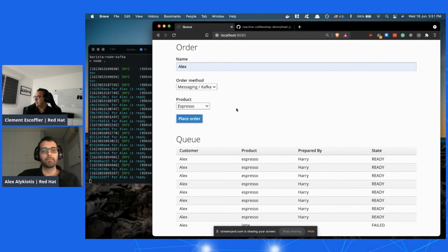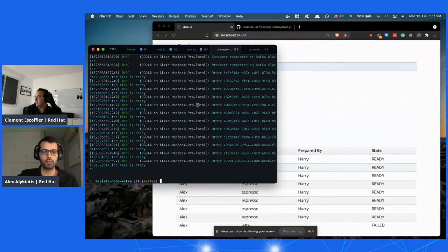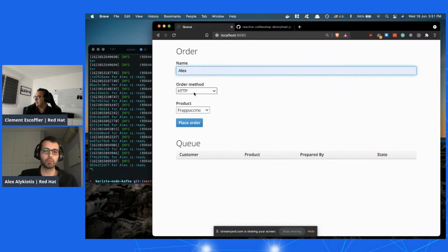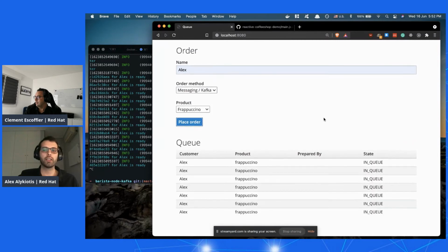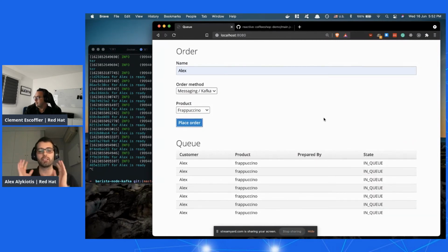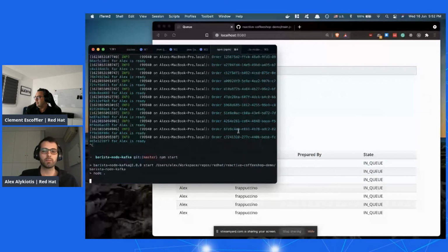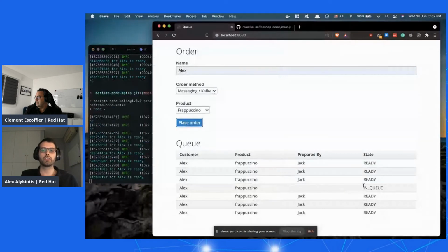Cool. Another example I want to show you is what happens if the barista wants to take a break. So let's close the barista here. We have no one to prepare our coffee, but there's no problem because we have Kafka. So I'm going to order a bunch of frappuccinos. And the cool thing here is that I don't lose the orders. They're just there waiting until the barista comes back. So let's say that the barista comes back. I will npm start the barista, and as soon as the barista comes alive,